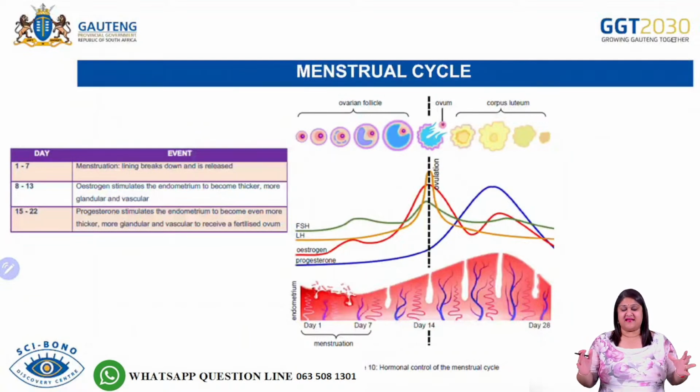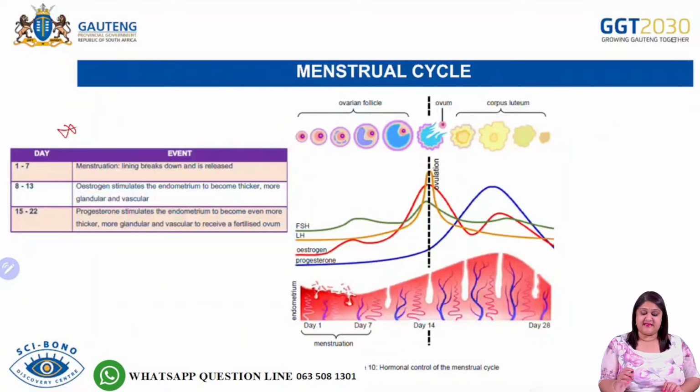The menstrual cycle is the events that happen in a 28-day cycle. But within the menstrual cycle, we have an ovarian cycle, which shows us the events occurring in the ovary, and we have the uterine cycle, which shows us the events that are happening in the uterus. And that is one of the main places where learners go wrong. They don't understand that. So if we have to look at it in general, the table that I've put here